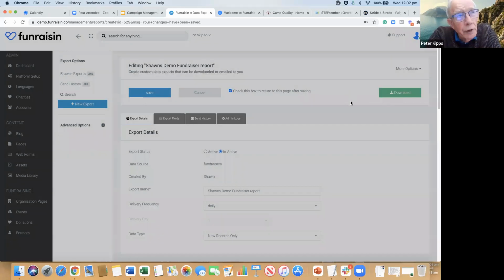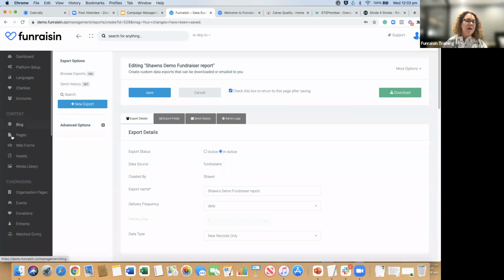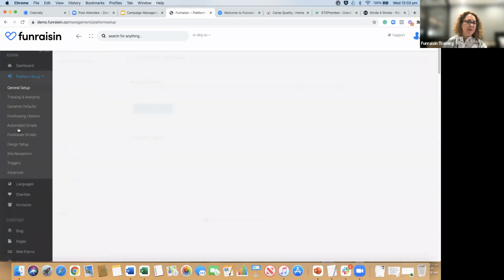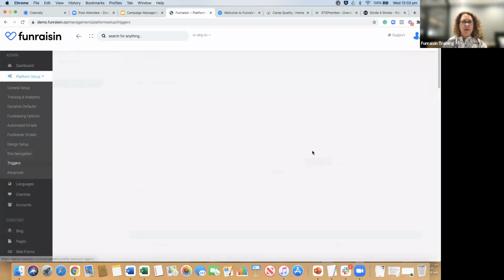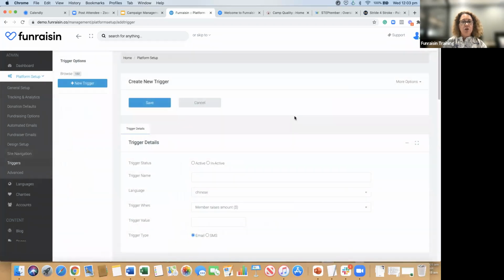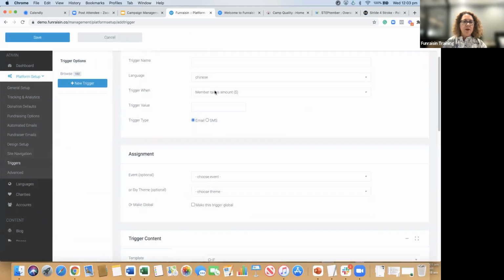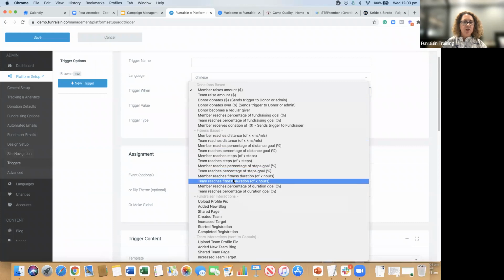Can I ask a question? Can you set triggers based on something like self-donation? Yeah, for sure. So in the platform setup, we've got our triggers. If I go to click setting a new trigger, if you have a look here at what's available in the triggers